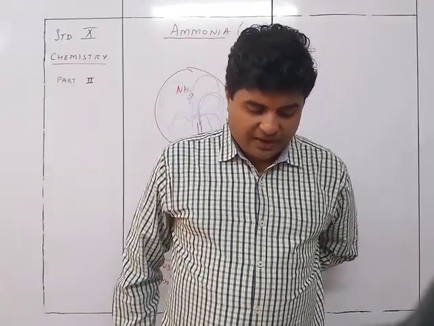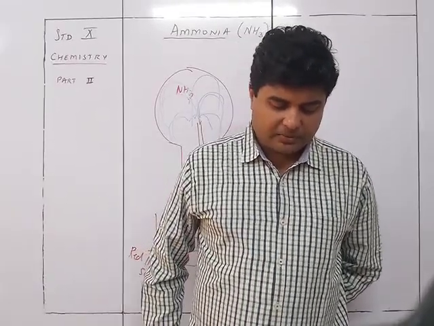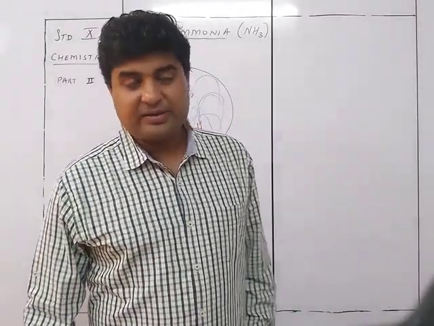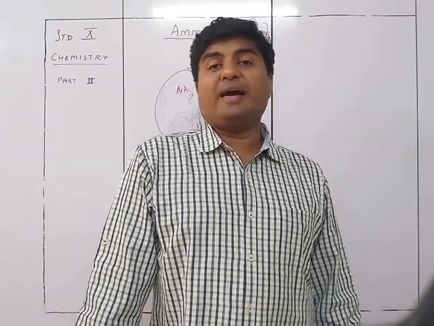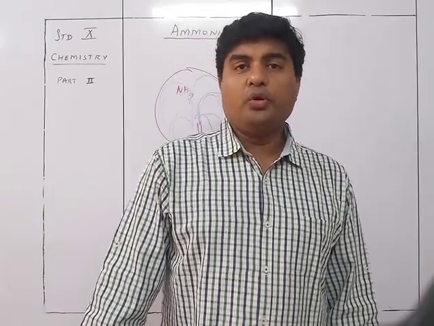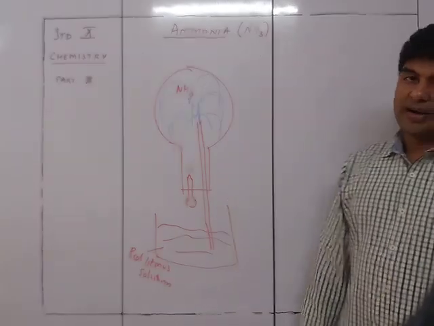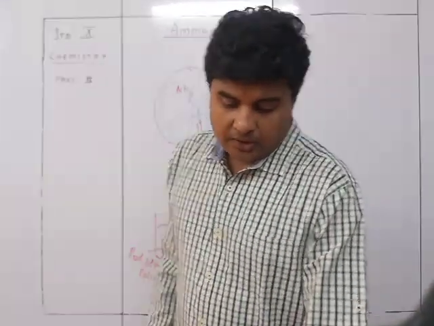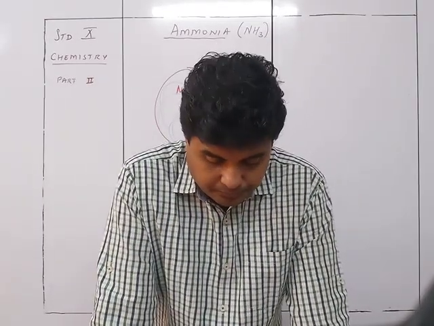On the other hand, if dry HCl gas was used in the flask instead of ammonia, the blue litmus solution in the trough below emerged out as a red fountain. So that was the difference between the type of fountain formed by HCl and ammonia. HCl gave you a red colored fountain from a blue litmus solution, and ammonia gives you a blue fountain from a red litmus solution. Now we move on to the next thing, that is the chemical properties of ammonia.